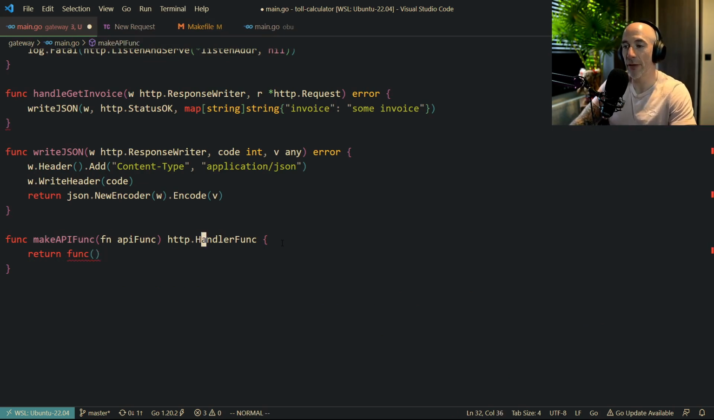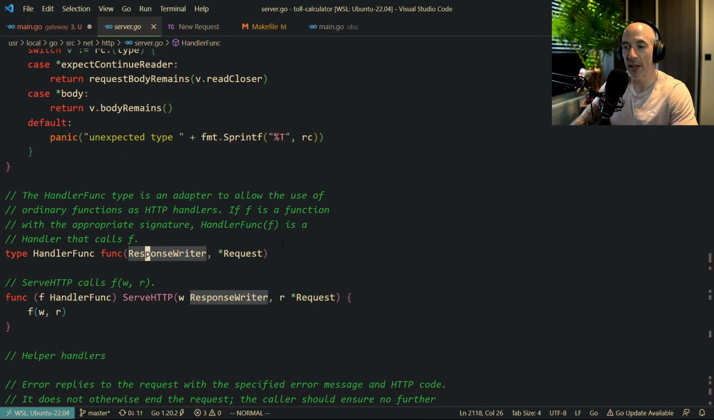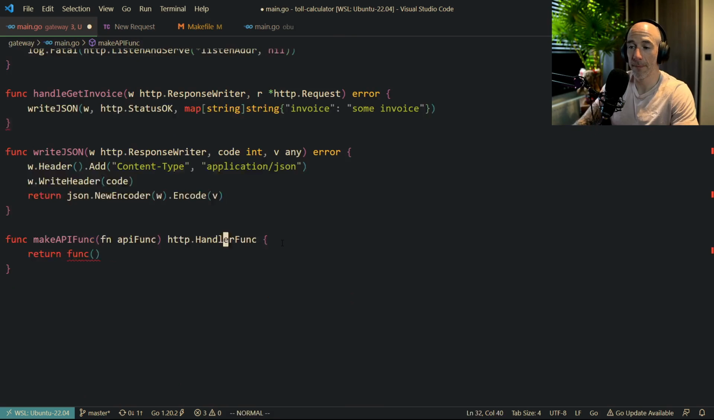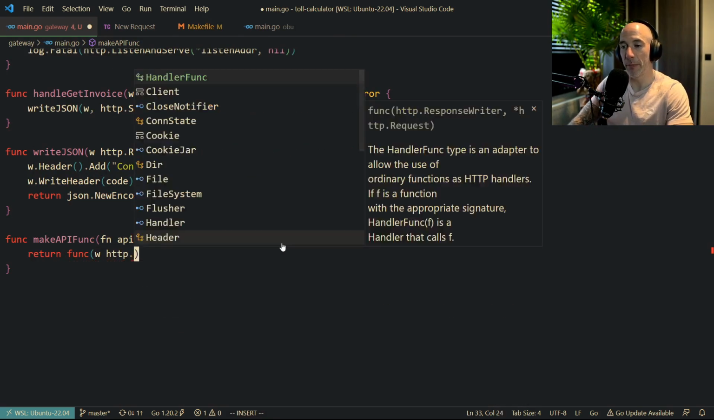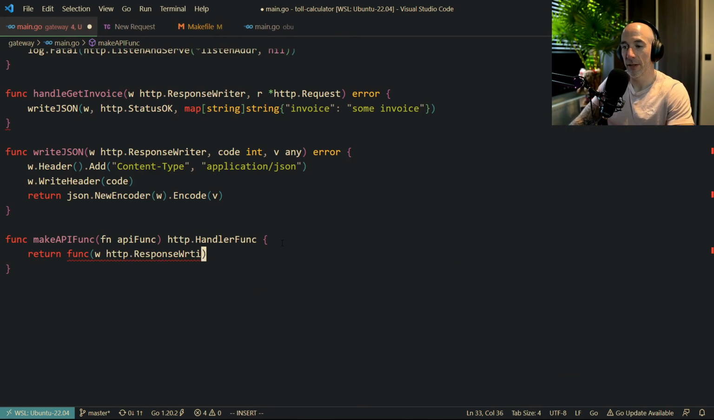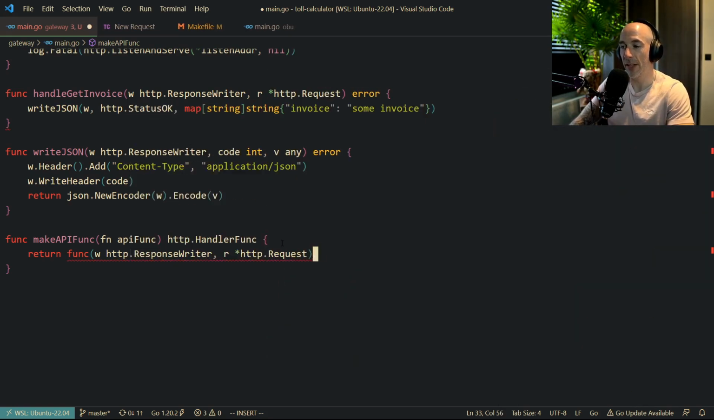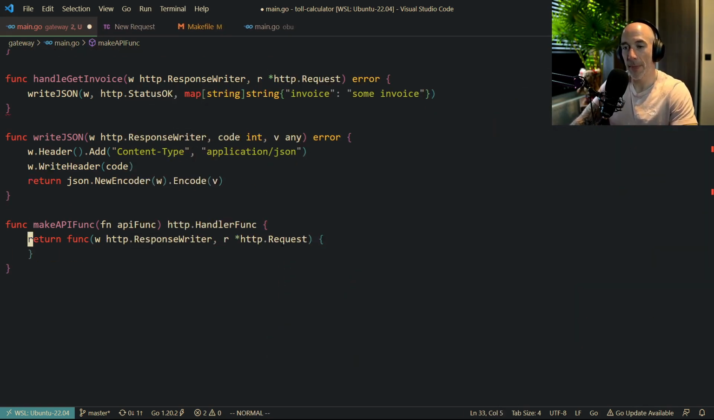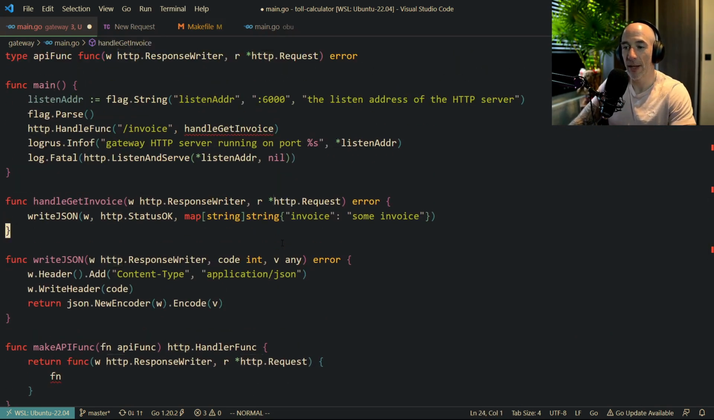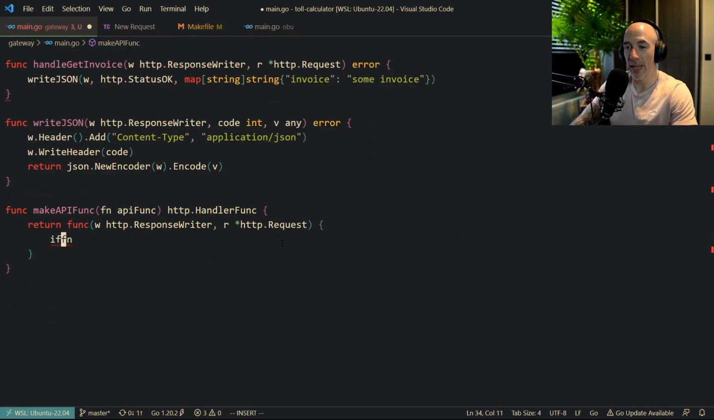And what is an HTTP handler func? It's this. It takes in a response and a request. So we're going to say W, HTTP response writer, but also a request pointer to an HTTP request. Now we're going to say this event, which is our API func, which is this handle get invoice. If err is going to be event W R, and the error is not nil,